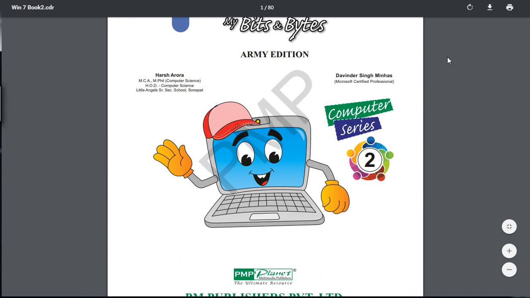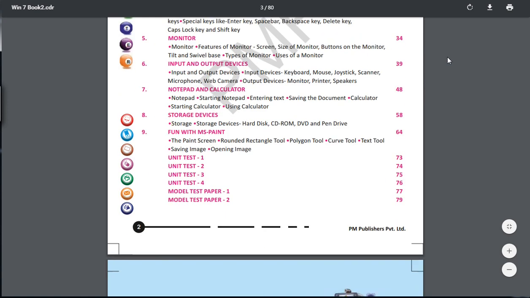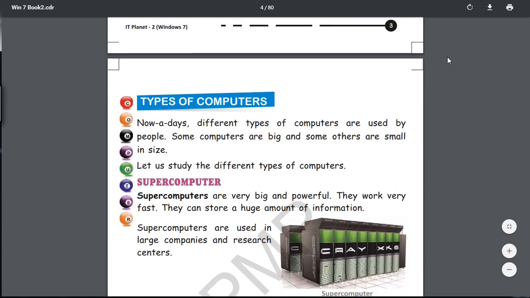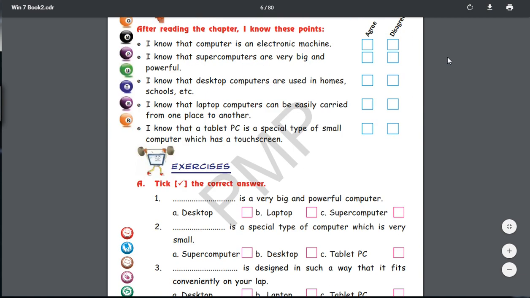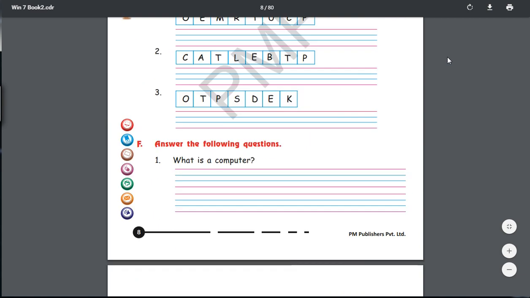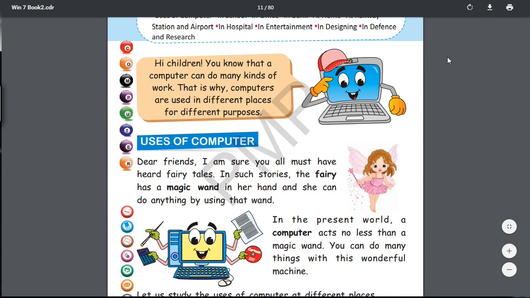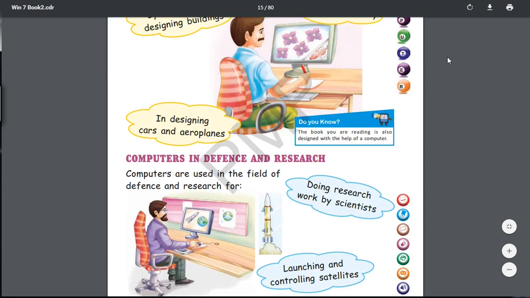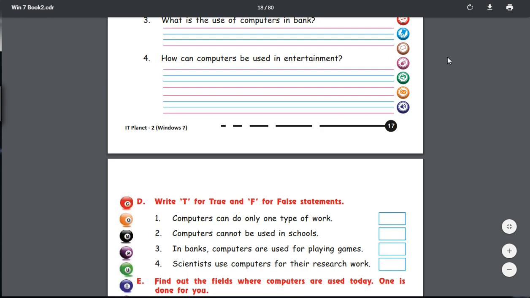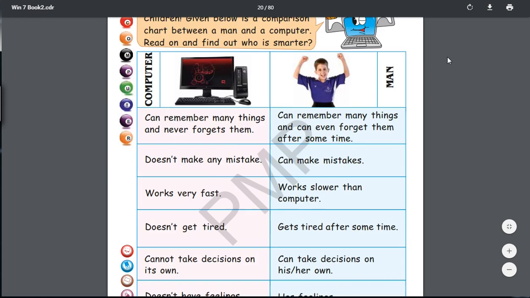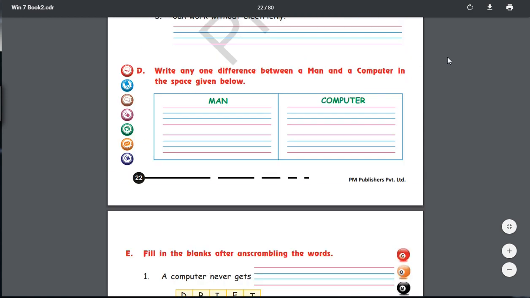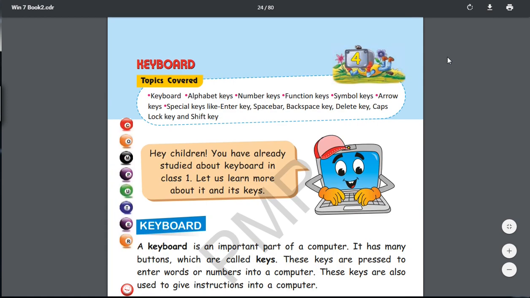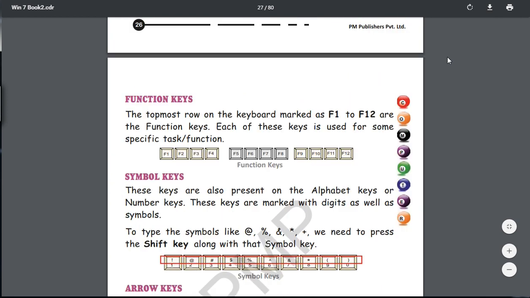Now students, as you remember, before our summer vacation we had completed a lot of chapters. We were doing the chapters related to the keyboard, which are over.